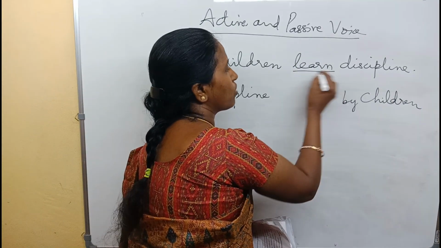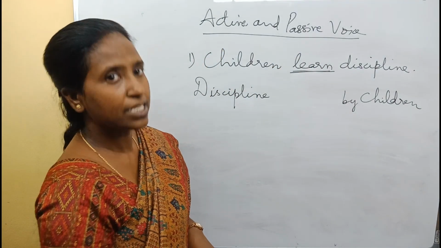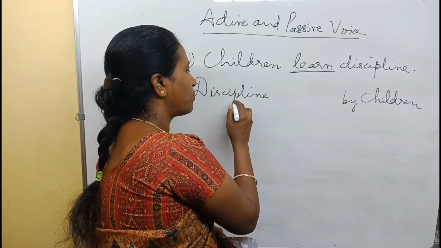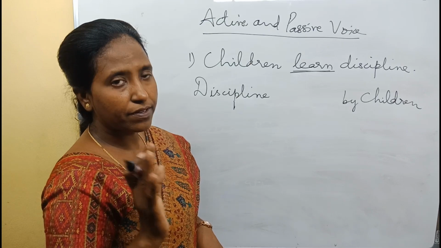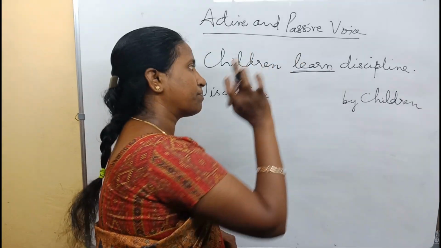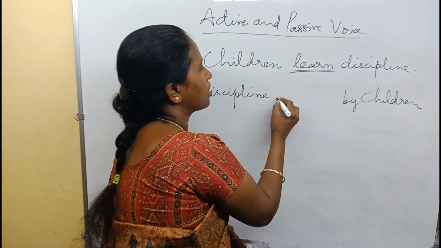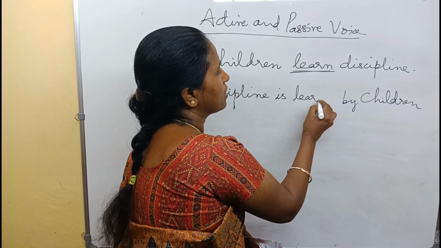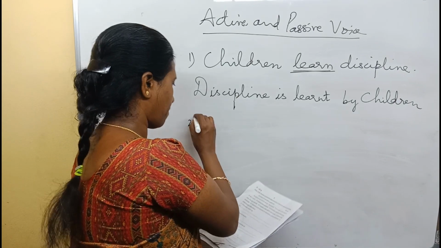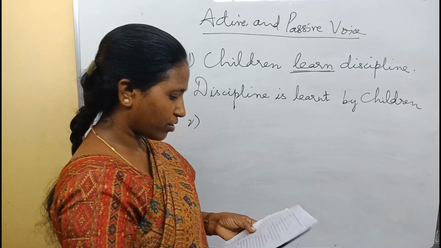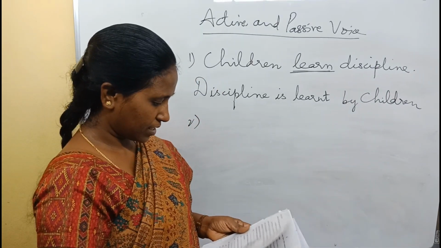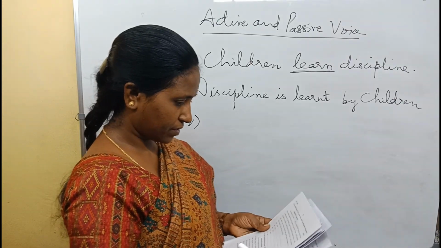Okay, after this look at this verb. Which tense is it? Yes, it is in present tense. Okay, and see if this is singular or plural. In present tense, if it is singular, is. If it is plural, are. So this is present tense and this is singular. Discipline is learnt by children. This is the answer. So you have to find out which tense it is, and then you have to go with the necessary step. Okay. Next, if we see,